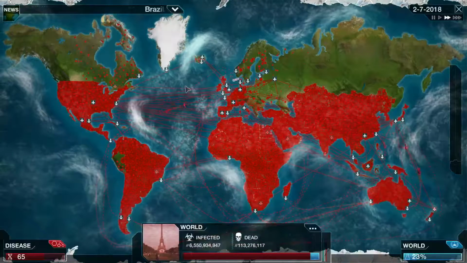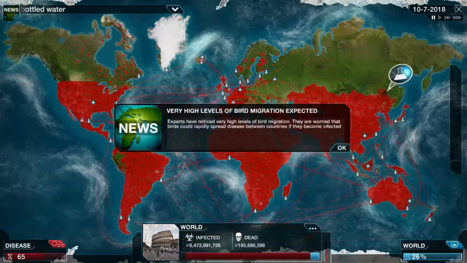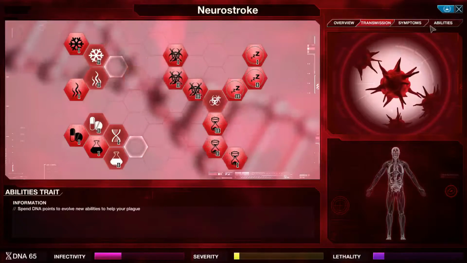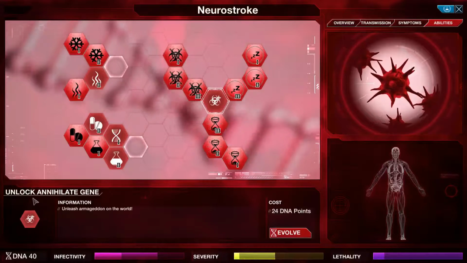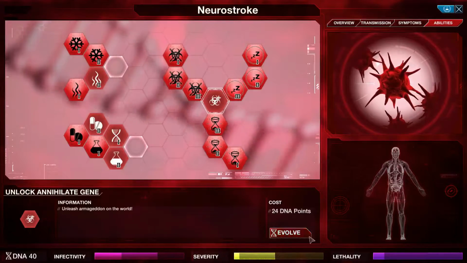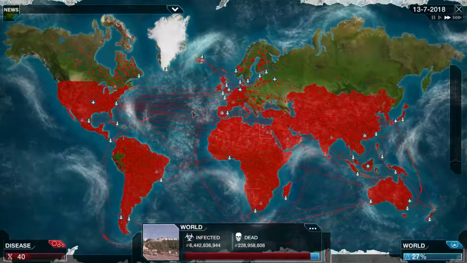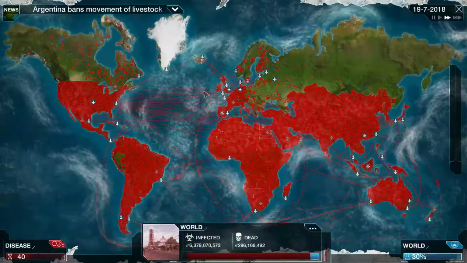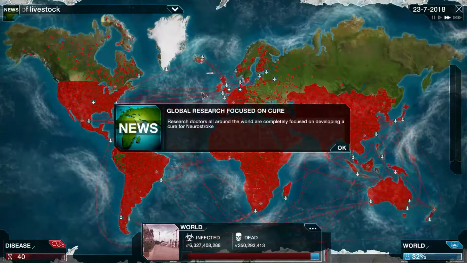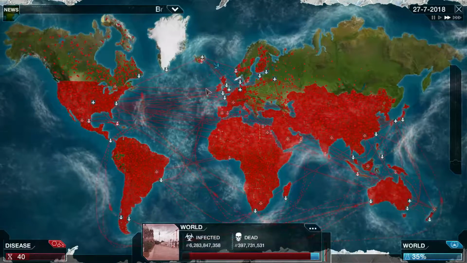Let's look at that. Why are there so many boats going to Greenland, yet none of them are infected? In fact, at this point, I may as well. Yeah, this is what I was talking about. Unlock Annihilate gene. Unleashes Armageddon on the world, and look, it just maxes out your lethality. So yeah, at this point I want to, actually, how much is it? 24, yeah. So at this point I want to try and keep my disease from